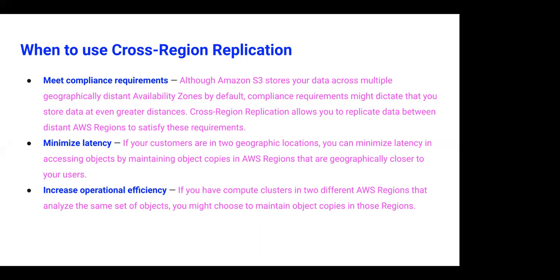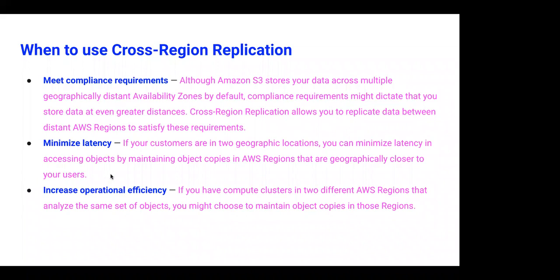Okay, with this we are able to ensure minimum latency also, because if somebody is connecting to our application, the application is not looking for data in, suppose, the Asia region's availability zone. Otherwise there would be some latency. But if we have created a similar bucket in a region very close to where we see the maximum user base, then you'll see minimum latency.